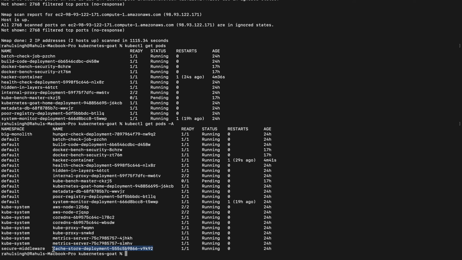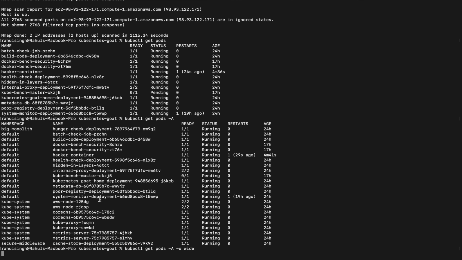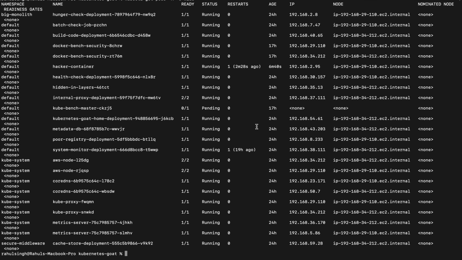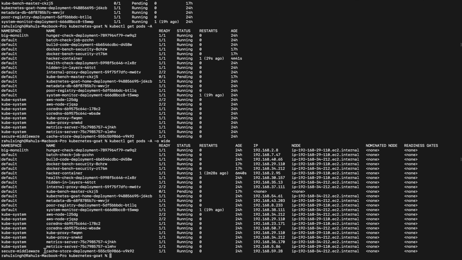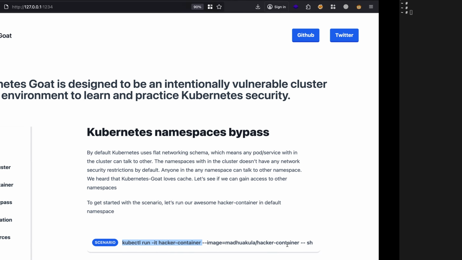One thing you can do is communicate with the help of a DNS name. You can look at the previous videos where I talk about DNS. And one more thing, you can communicate through the IP address as well. So let me see if I can print the IP addresses, and as you can see, for cache the IP address is this, right? So let's get inside the hacker container which I got after executing this command,